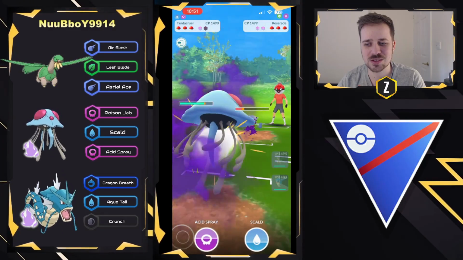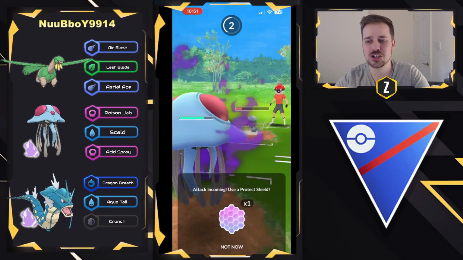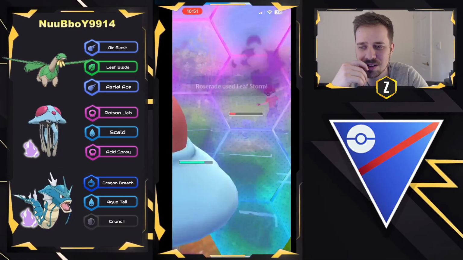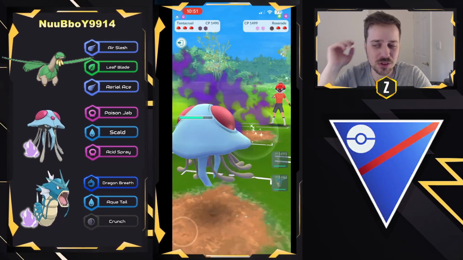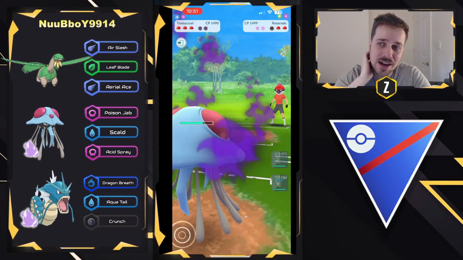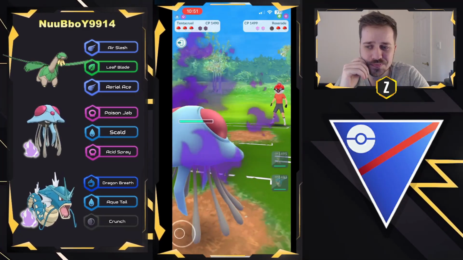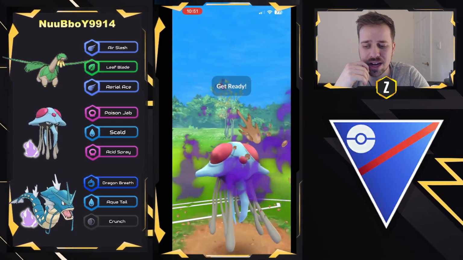And now this is where Leaf Storm is going to hit like a truck if it does land. I'm not sure if they had enough energy right there. I haven't been counting. But yeah, they do have enough. So they're going to go ahead and double shield here. Similar situation to the Lantern lead game, but not as deadly. And they can actually do a lot more damage with Scald in this matchup, which is why we're going to